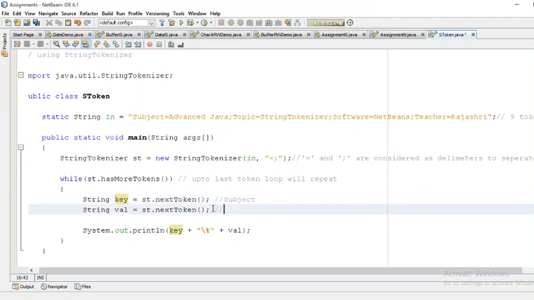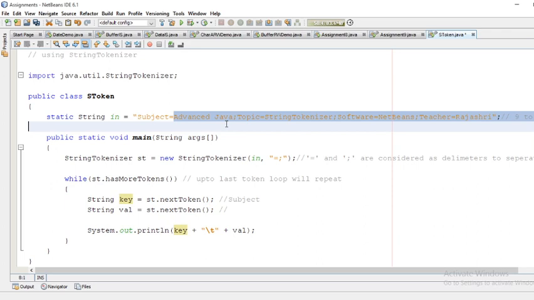Then val equals st.nextToken. So for the next token, here I am getting the semicolon, so this Advanced Java is considered as the next token.